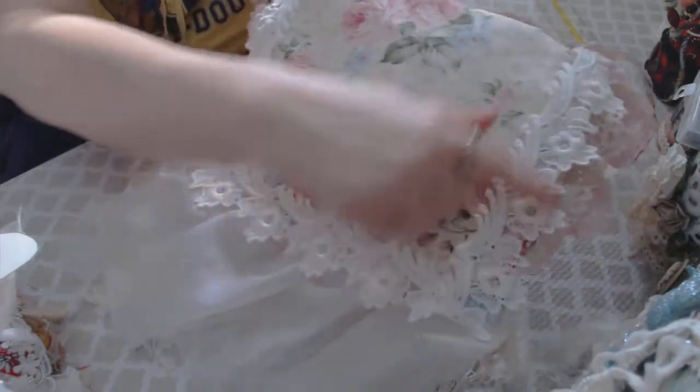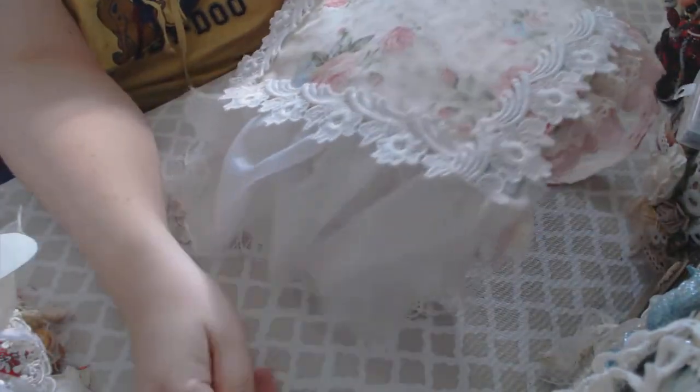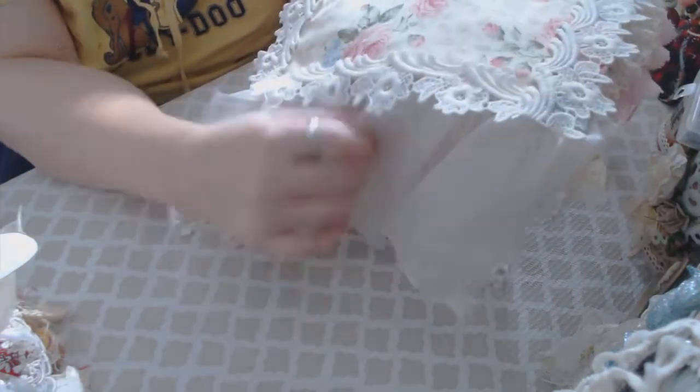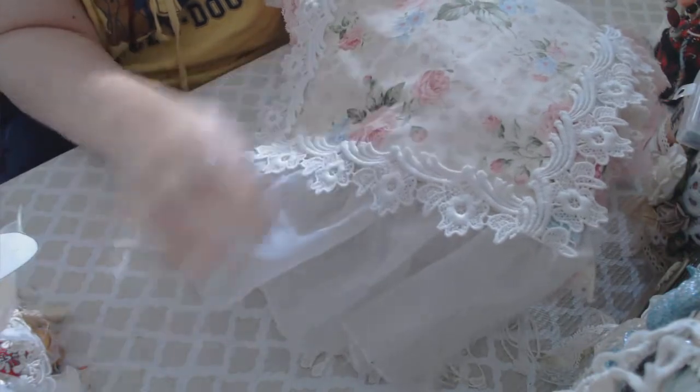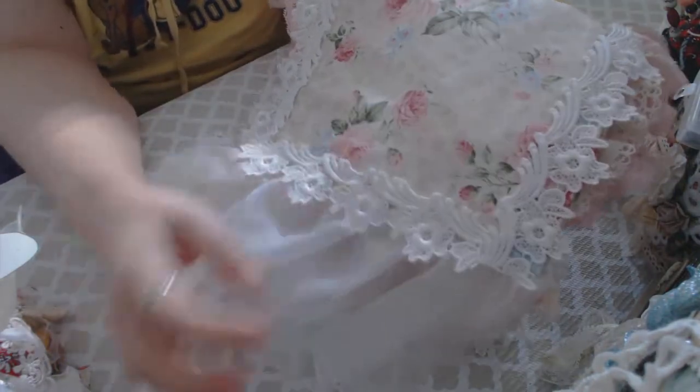And here's the back. As you can see, I finished it off with this really pretty trim here, and then this piece here is from a vintage wedding dress on the bottom, so it's definitely got some vintageness to it. Sorry, there's some threads there. And then the front,